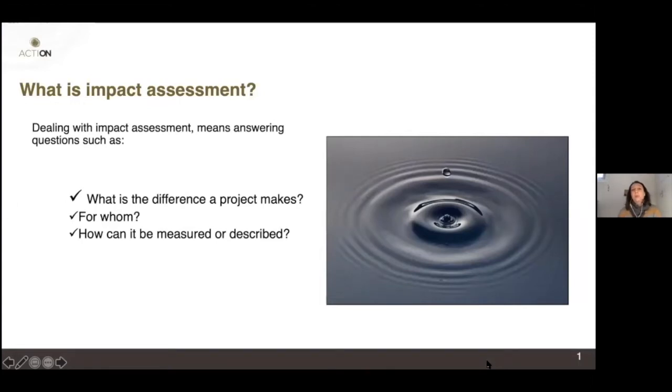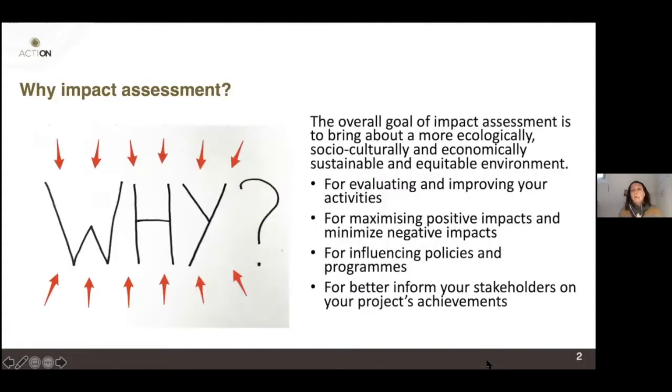Basically, what we want to be able to say is that the situation after the pilot is different from the situation before the pilot, and how much it is different, and also, if possible, why this impact happened, how we reached those results, those impacts. Why we should do the impact assessment, which I know is a time-consuming activity and is not easy.